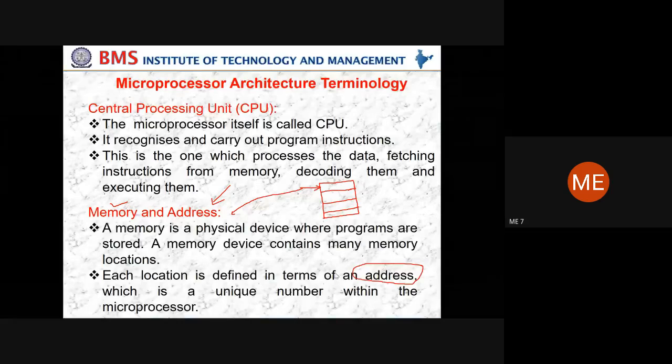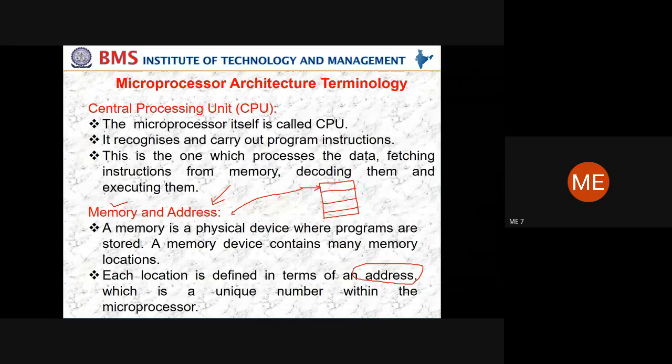Right. Fine. Okay. Now we'll continue from where we left off in the last class. I think last class we finished the architecture of the microprocessor, and we discussed the complete architecture. Later on, we started to discuss the individual components of the microprocessor architecture. Under that, the first one was the central processing unit, which we have discussed, and then we discussed the memory and the address.